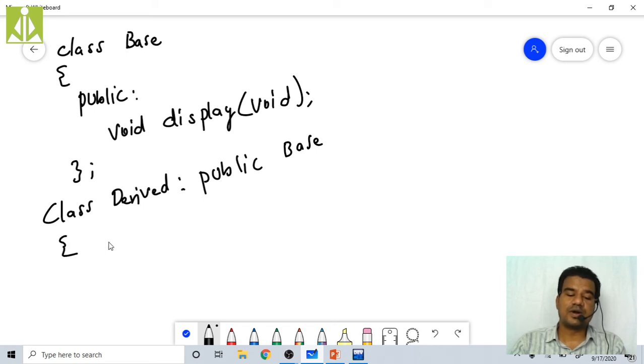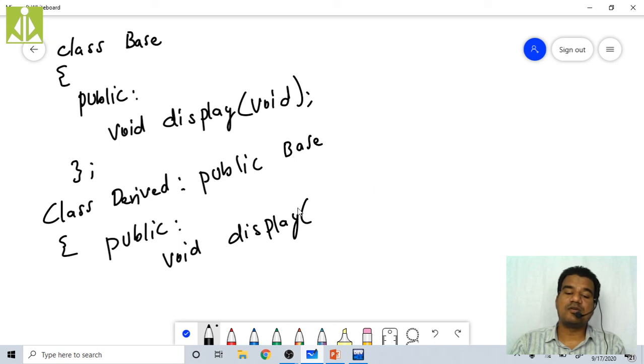In it, I am taking the same function name, void display of, and here the parameter type and number of parameters must be the same. If you have this type of thing, then we call this function overriding.